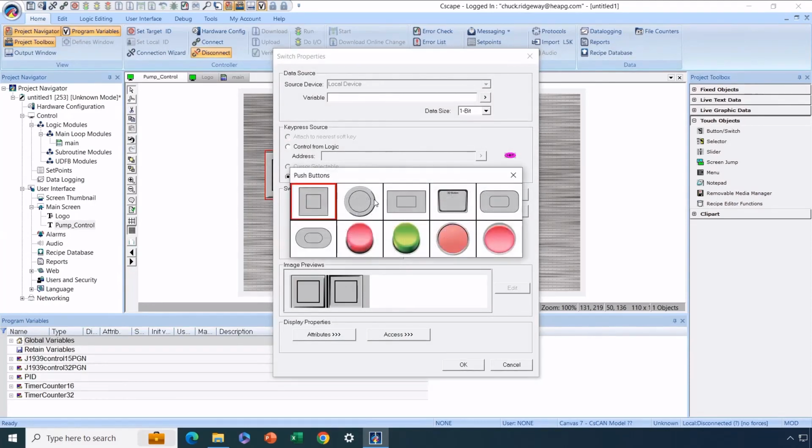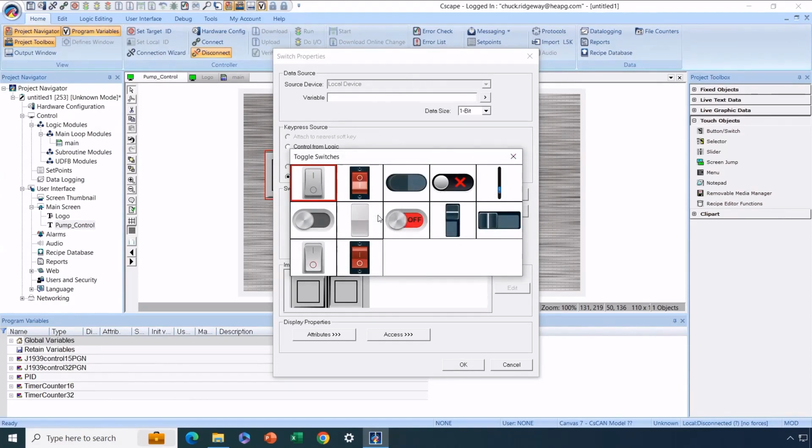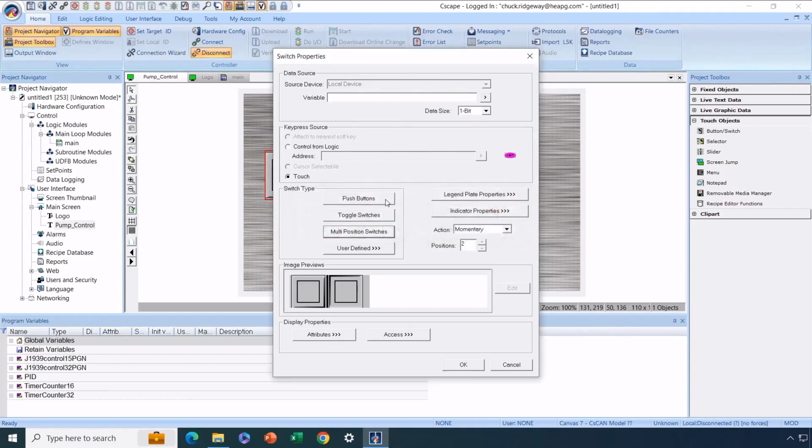So if I go in the push button section, you can see here's a whole variety of push buttons that are available in different styles. All right. I can also go to a toggle switch area if there was a toggle switch I was looking for. Some of them like you'll find on your phone, others more traditional looking toggle switches. Okay, and slide switches for that matter. You've also got multi-position switches available for replicating an on-off selector switch or dial switch type approach, or even this toggle looking switch here. So you've got a whole variety of different options, but for now, let's just go ahead